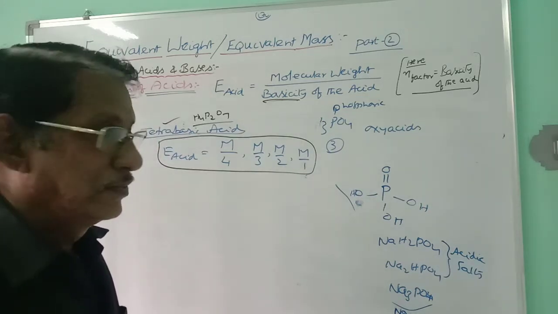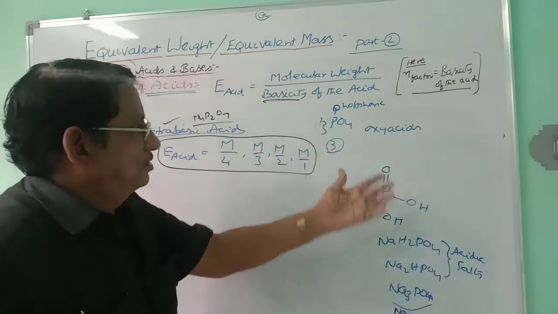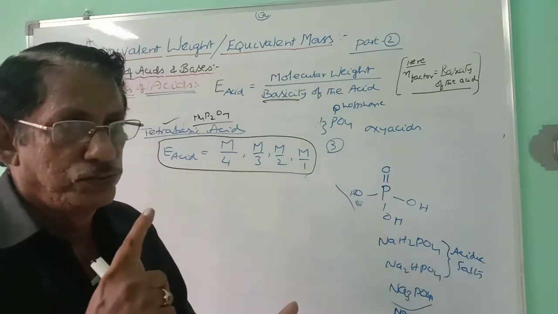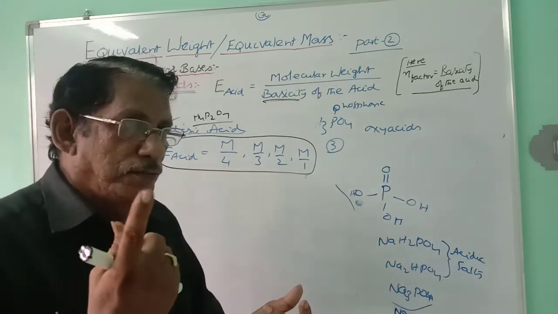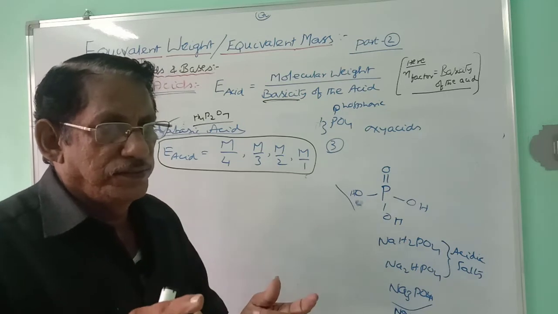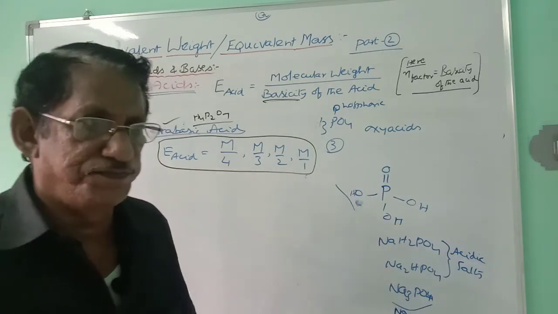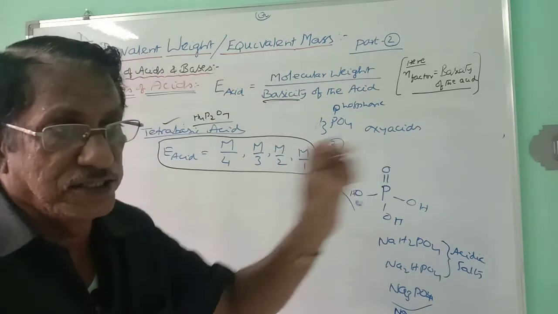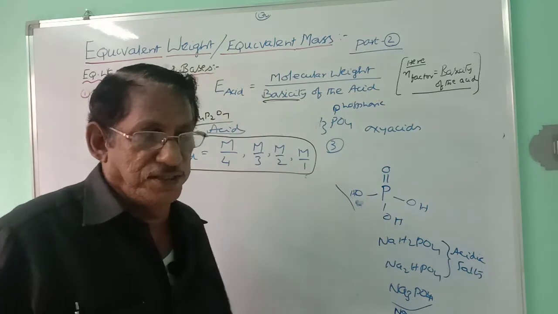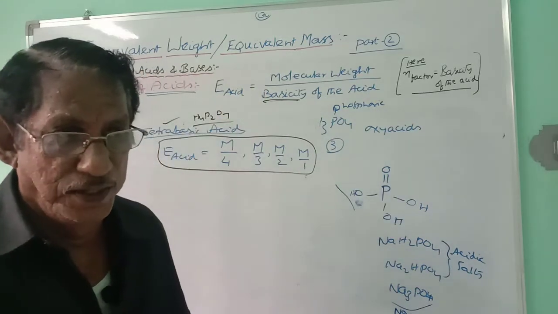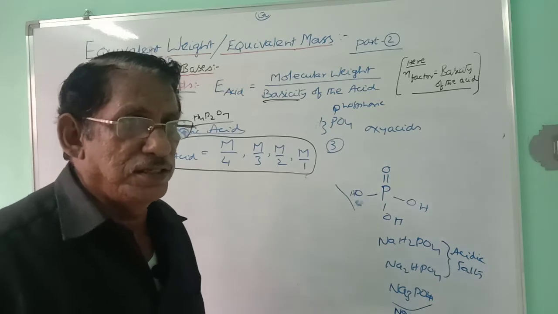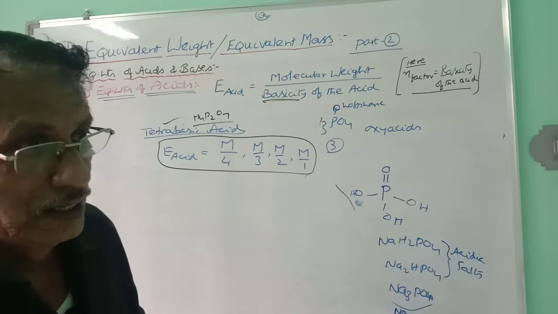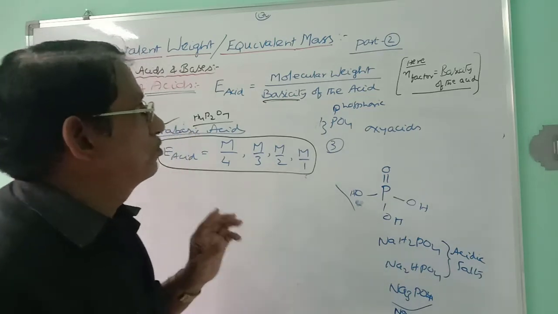In the examination, it may be asked: the equivalent weight of phosphoric acid, for example. The options may be: A, molecular weight by 3; B, molecular weight by 2; C, molecular weight by 1; D, any one of these or all of these. That is correct. You cannot opt for the single one. Suppose the equation is given, based on the equation you have to decide the equivalent weight, M by 3, M by 2, M by 1, etc. If it is not given, there may be chances to write M by 2, M by 3, M by 1 like that. So based on that you have to opt for the bit in such multiple choice questions.